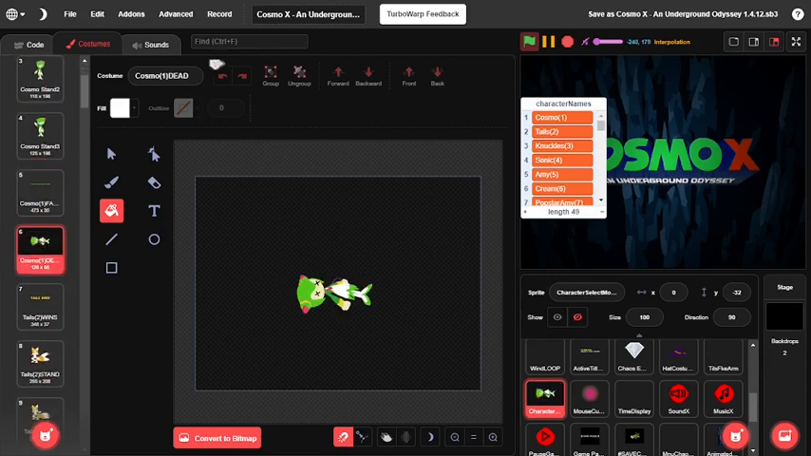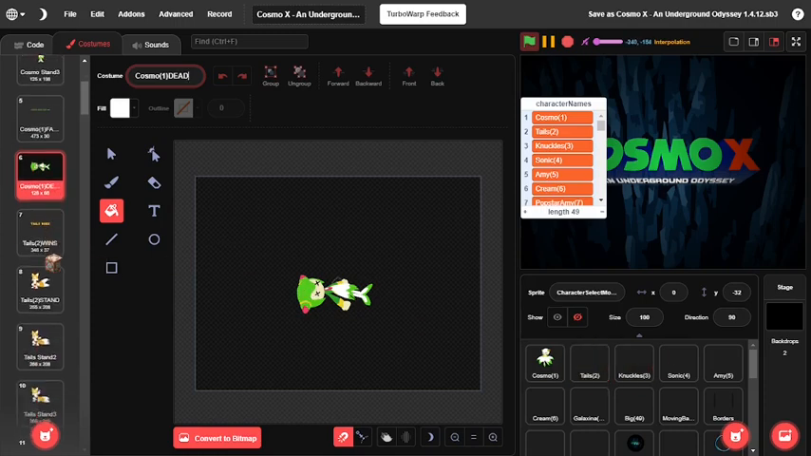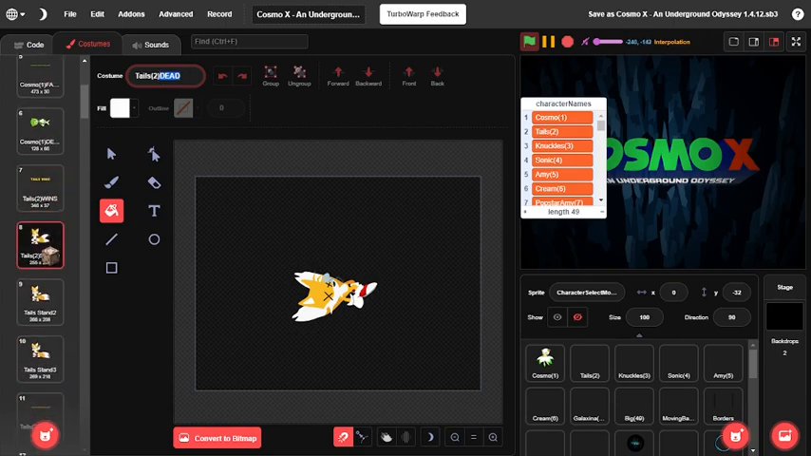And this one also applies to costumes, because Cosmo is dead here with their normal costume. So the costume name for this one is just Cosmo 1 Dead. If I wanted to see the dead sprite for Tails, it's simply Tails parentheses 2 end parentheses dead. So you have to make sure that this word's at the end, and you got to make sure for Tails